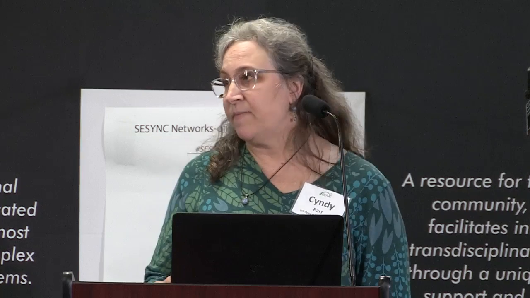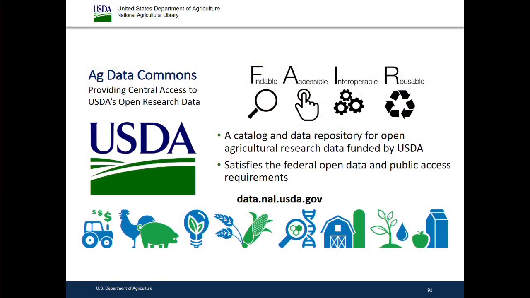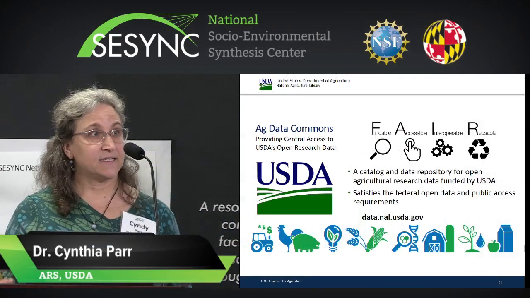So let me talk a little bit about what Ag Data Commons does. Our primary goal is to make data more FAIR: findable, accessible, interoperable, and reusable. We are also both a catalog and a data repository, so we want to inventory all the data that USDA has funded. But when data does not have a home, we will find a place for it in the Ag Data Commons. And we're satisfying the requirements at the federal level for open data and also public access to data that's funded for